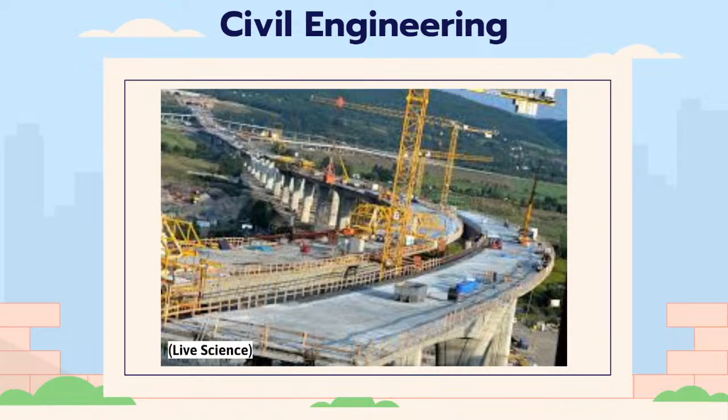Like bridges. There are different types of bridges, like Warren bridges, Warren with vertical bridges, and triangular bridges. There are so many different types of bridges, and civil engineers make sure those bridges are built correctly and perfectly aligned, because we don't want the bridge to fall. What happens if bridges fall? People get hurt. We don't want that. So that's what civil engineers do.